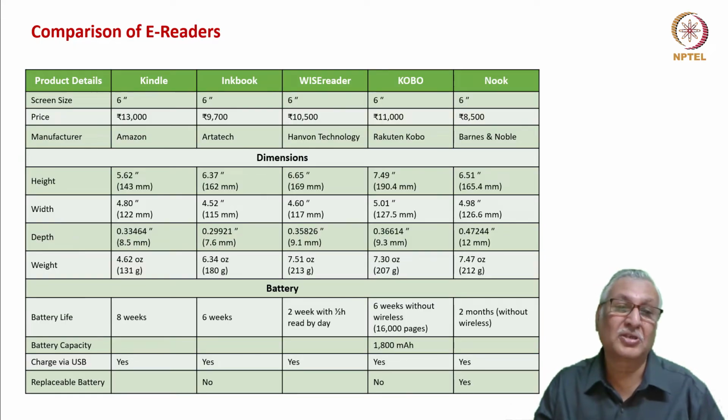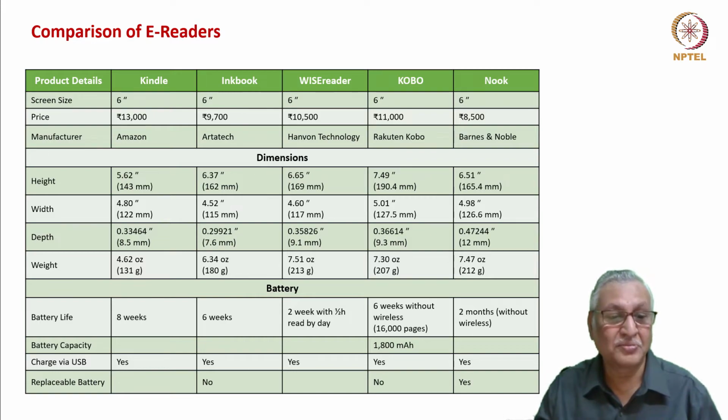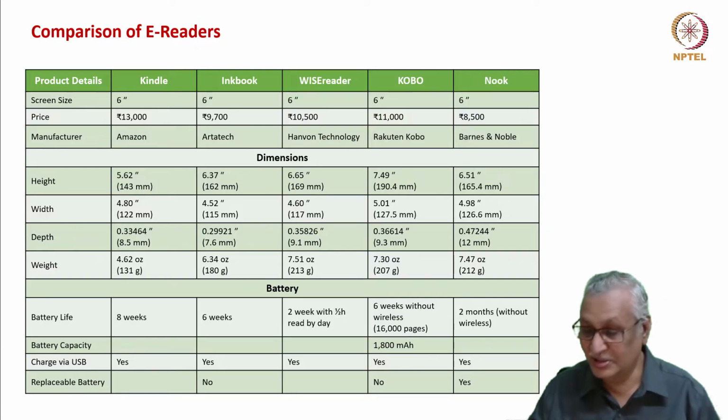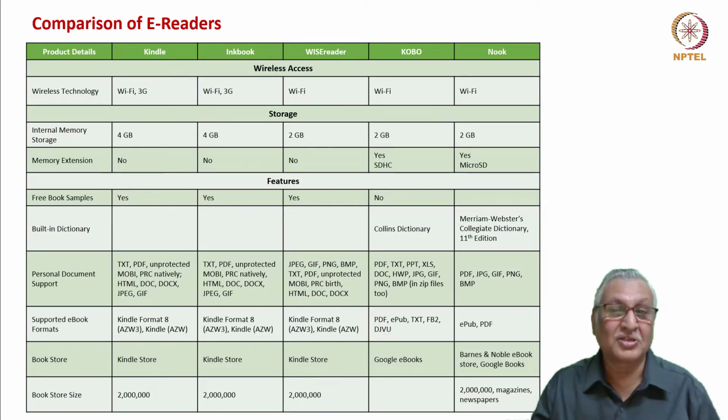What is good in this project is that the team has made a thorough analysis of the e-readers, mainly the key e-readers such as Kindle, Nook, Inkbook, Wise Reader and Kobo. And the product details have been defined in terms of the key features of each of the e-readers. For example, screen size, the price, the manufacturer, the dimensional form factor, height, width, depth, weight, then battery life, battery capacity, charge via USB, and whether it is a replaceable battery or non-replaceable battery, whether it has wireless access,